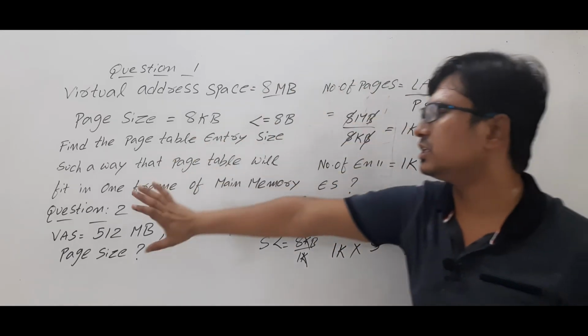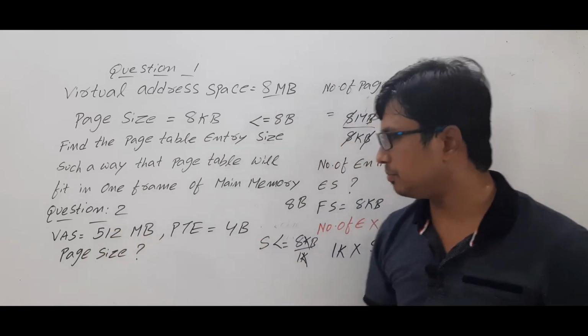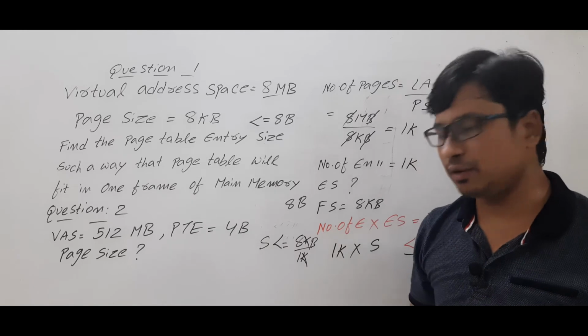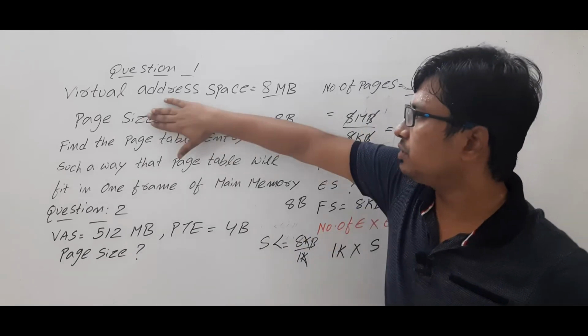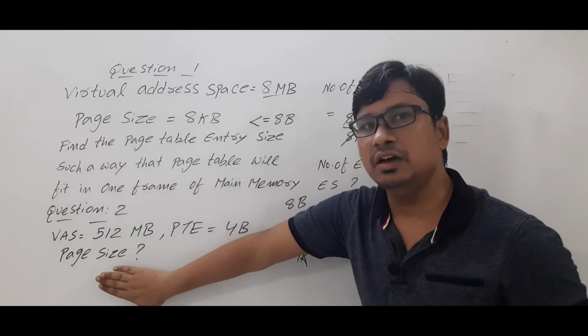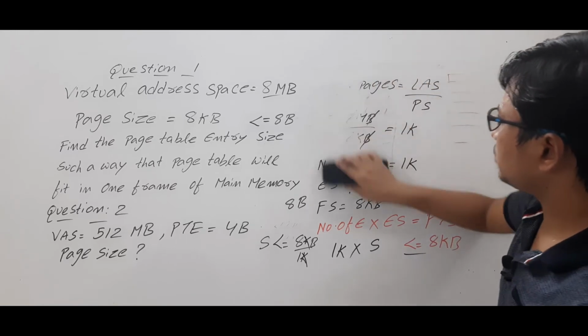Now look at the question number 2. They have given the virtual address space which is 512 MB. Page table entry size they have given as 4 bytes. Now they are asking the page size. They are asking us to compute the page size with this information. Okay, so to do that one,